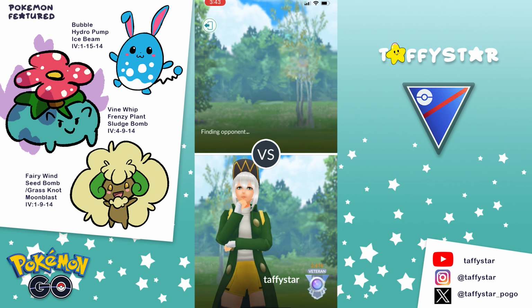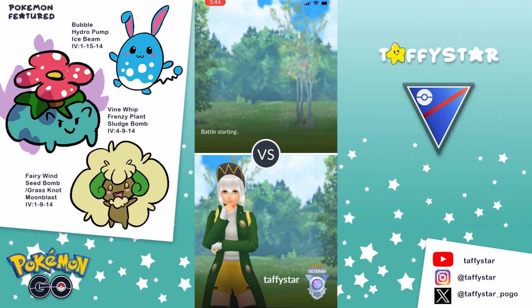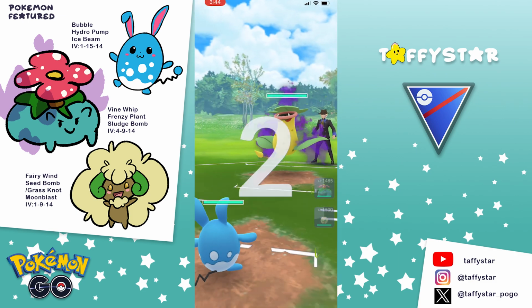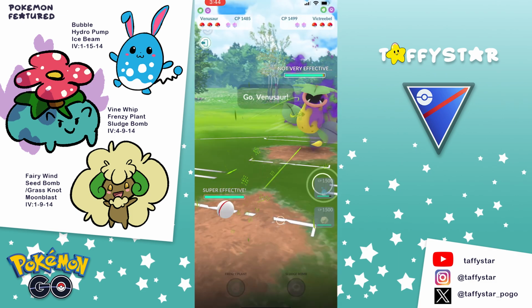Whiscash can't do much to a Whimsicott, so my opponent top lefts. GG's to my opponent. Moving on to the next match, we're going to see a terrible lead of Shadow Victreebel